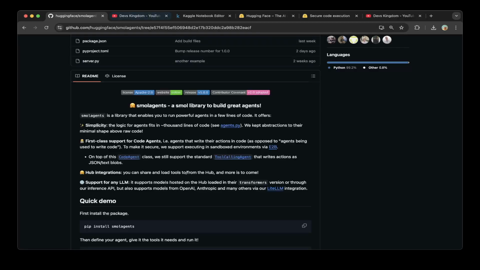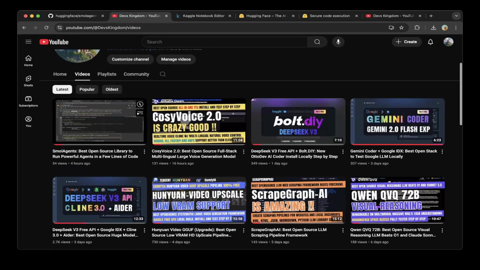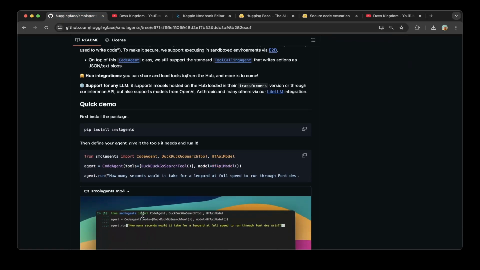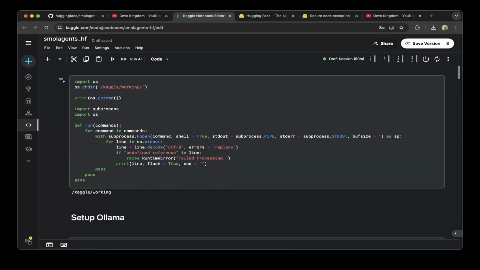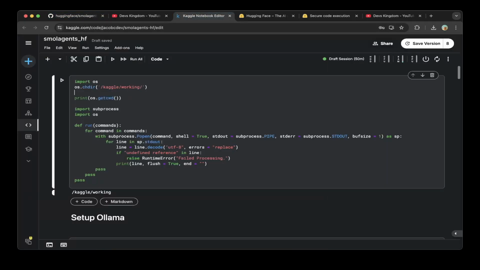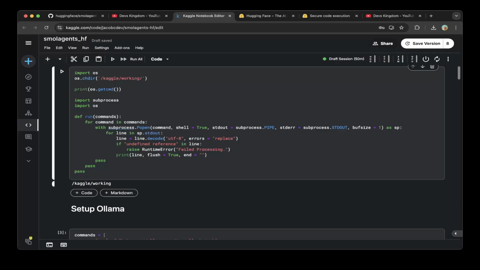If you see my previous tutorial, I showed you how to build SmolAgents on Colab. Feel free to check that out. For this video, I'm going to show you the other way to build it, which is to build everything on Kaggle. It's a little bit different, but I'll show you step by step how to build it, which is even easier. First, just create a notebook on Kaggle and create a function to run bash commands within Python,